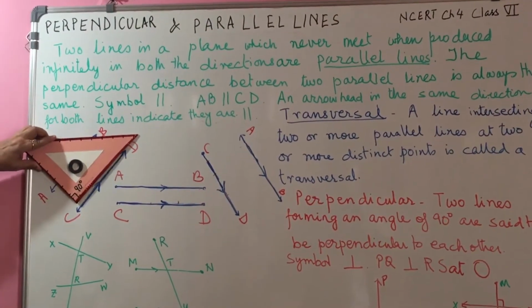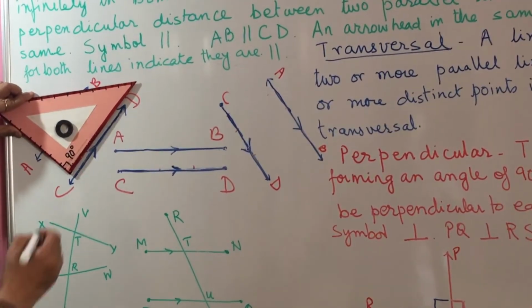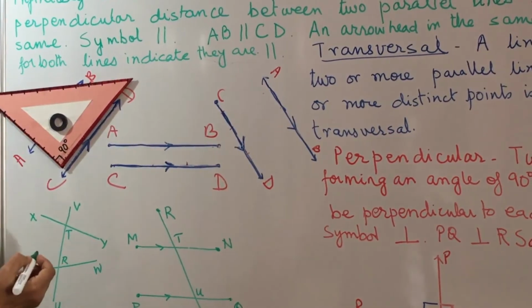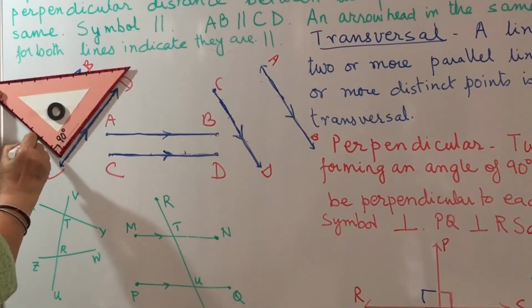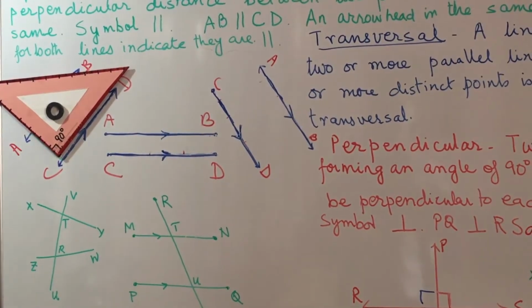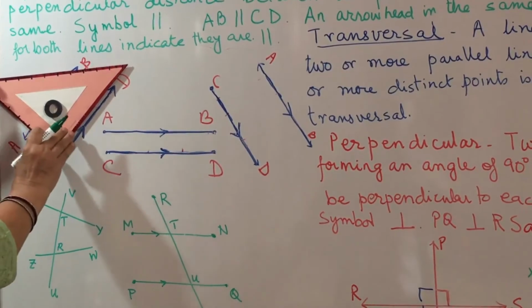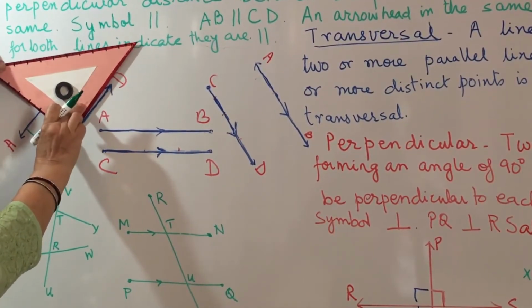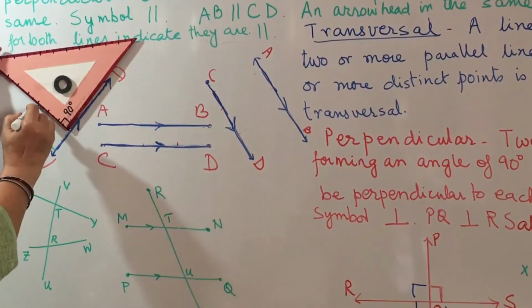Now let's place the set square in such a way that one of the sides of the set square is along CD, and this angle will be 90 degrees because here the set square is making an angle of 90 degrees. I now just shift the set square slightly ahead, and again along CD is one side, and I draw